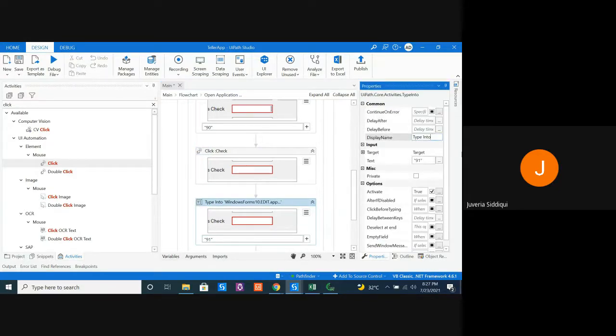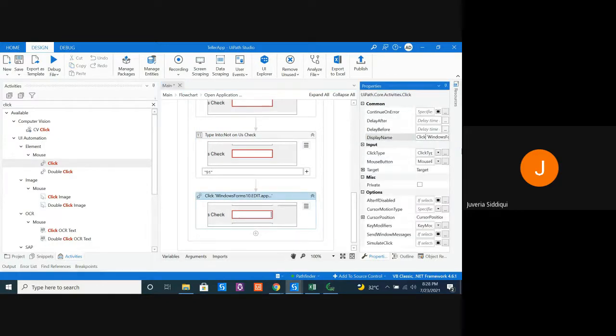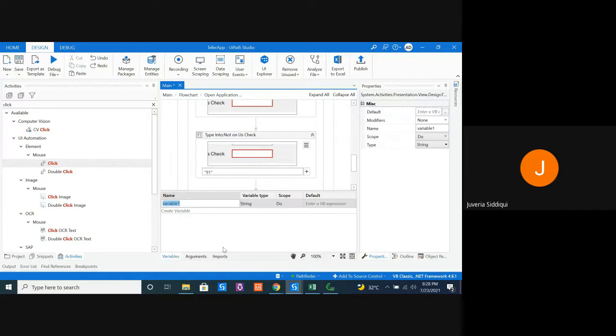Then I have to get the value total, and I have to get the transaction number.